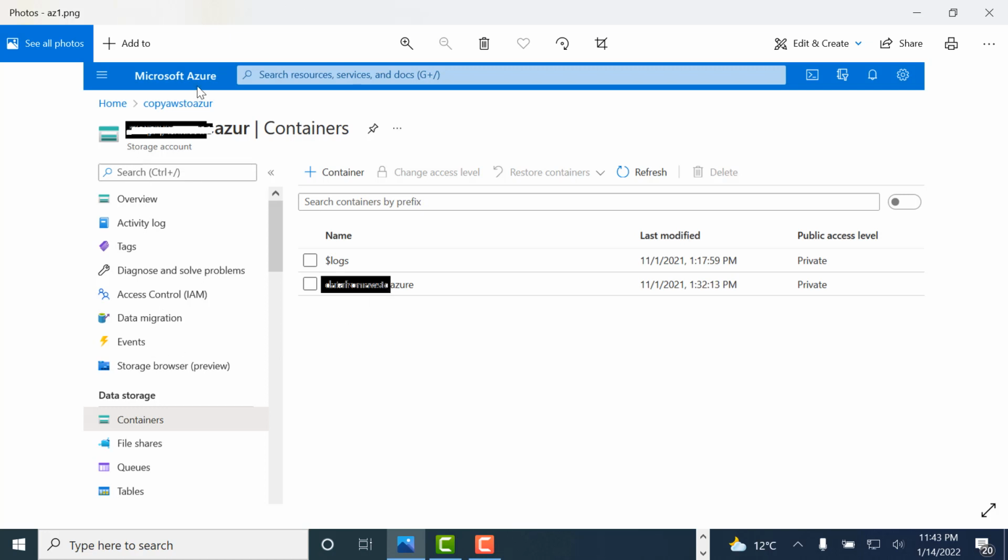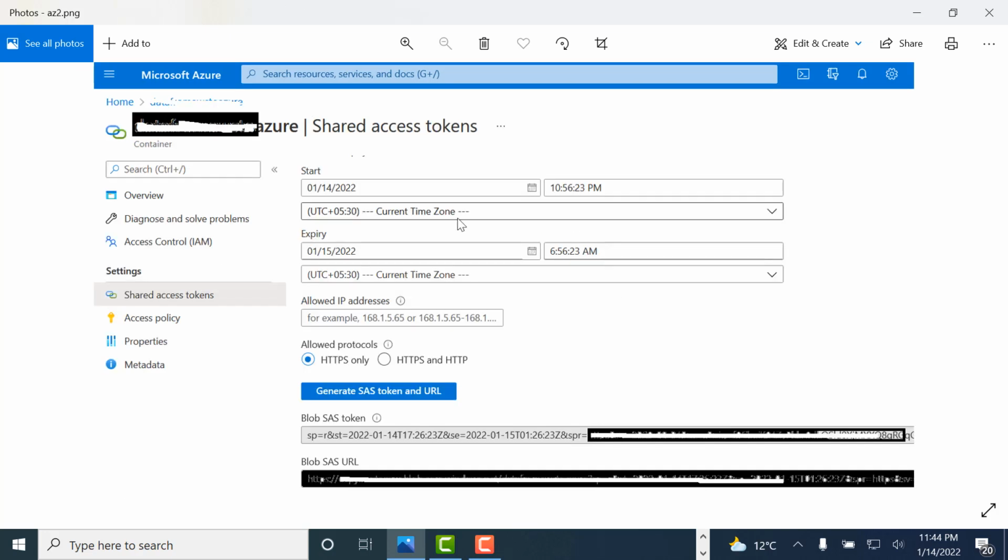So after creating that storage account, you will need to create a new container, and after clicking on this container, we will see a new screen from where we will generate a shared access token to get access for copying data into that container. This is the screen of the particular container, and you will need to click on shared access token to get the access token so that we can use it while executing the command to copy inside this container of the storage account.